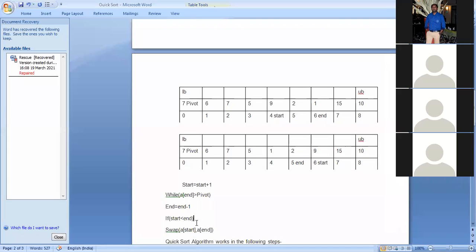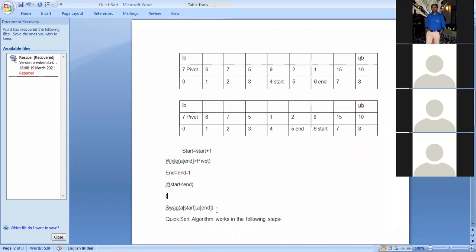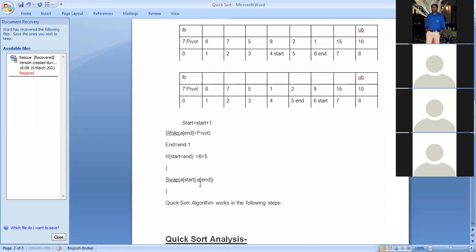Condition is false, because till now start value was less than end, but now end value is 5 and start value is 6. So 6 is less than 5? No. Condition is false. So that time swapping will not happen.